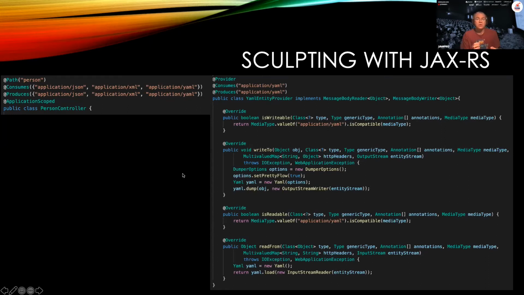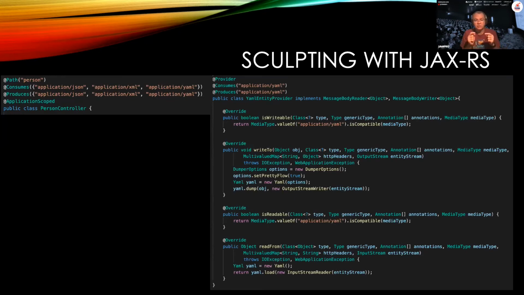But when you actually return those, all of the responses in JAX-RS go through what's called a message body writer. So it's going to take in, in this case, a person object or a widget object or whatever it is you return, and it's going to serialize that to the type that's been selected.